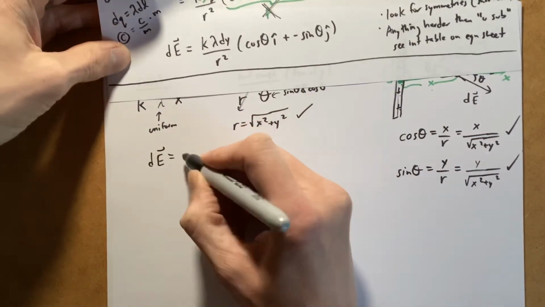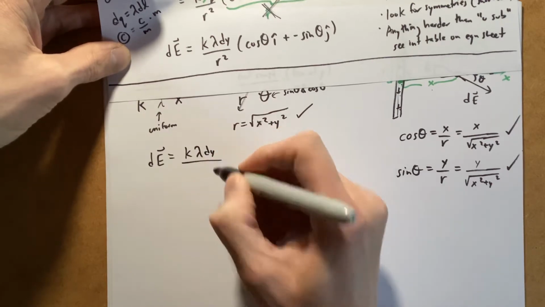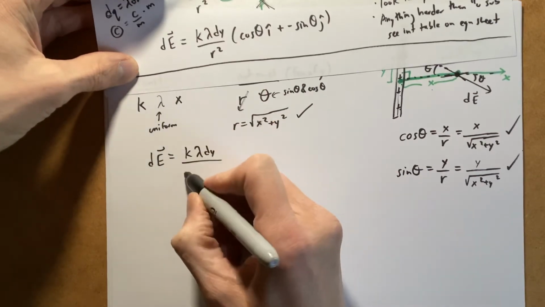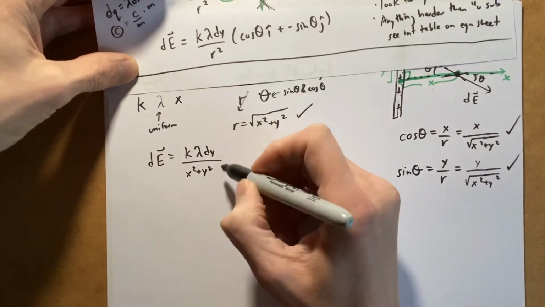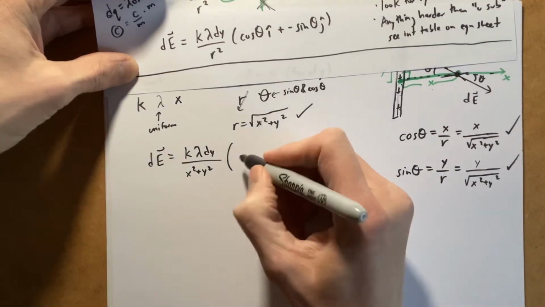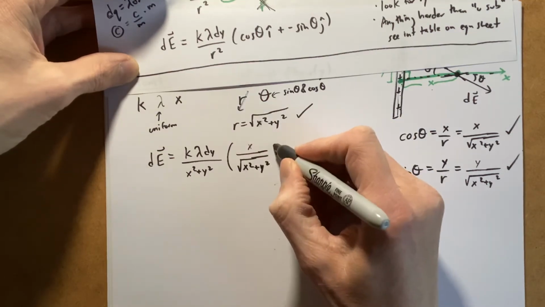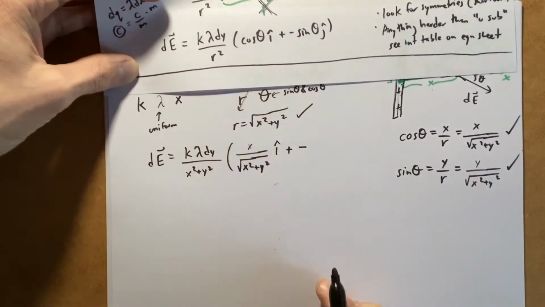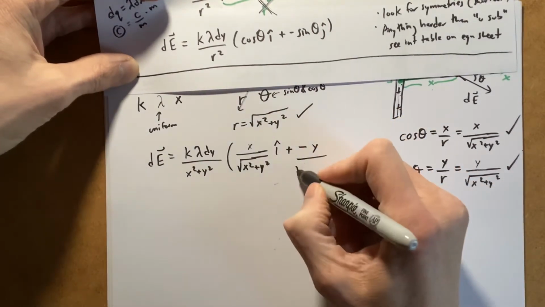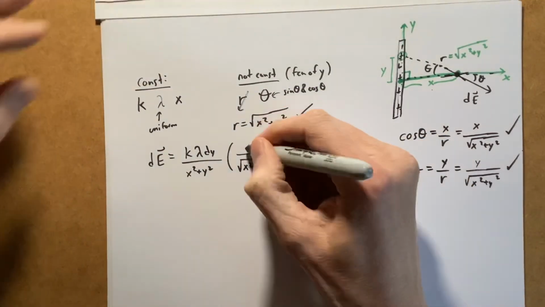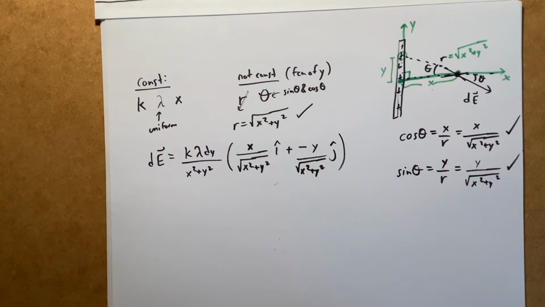dE equals k lambda dy, and then I have r squared, so that's r, and when I square it, the square root goes away, x squared plus y squared, and then in parentheses, cosine, so that's x over square root of x squared plus y squared, i hat, don't forget the minus right there, minus, and then my sine stuff, like so, j hat. Now we've pretty much gotten everybody onto the same team, the team y, okay? So now this is going to be a very doable integration,